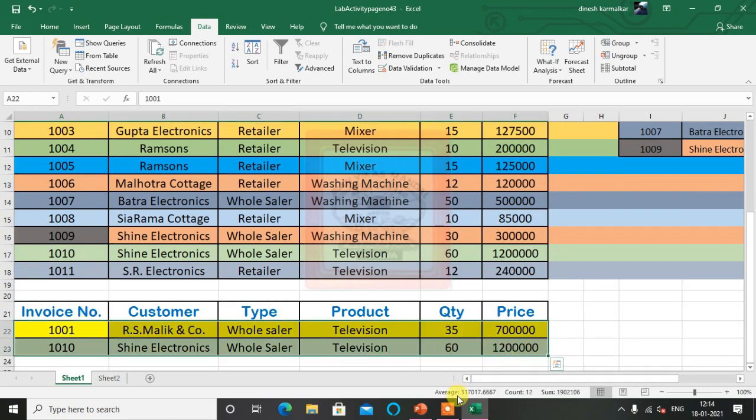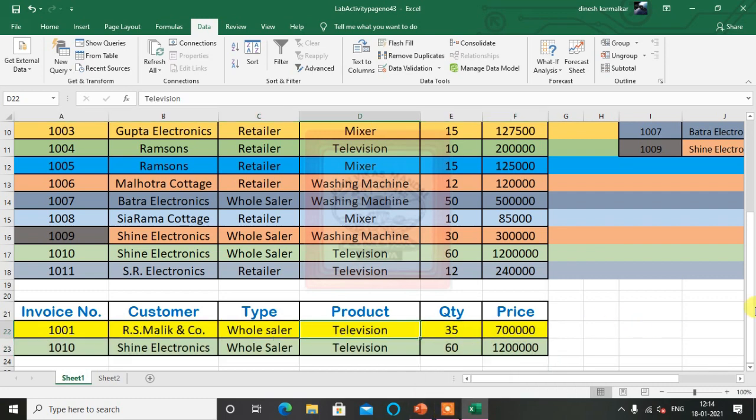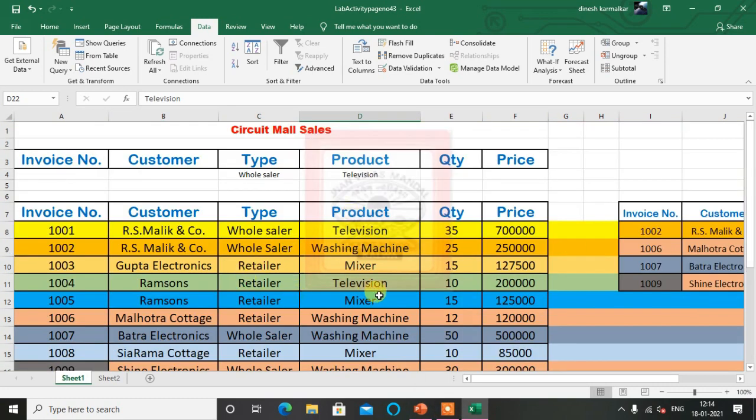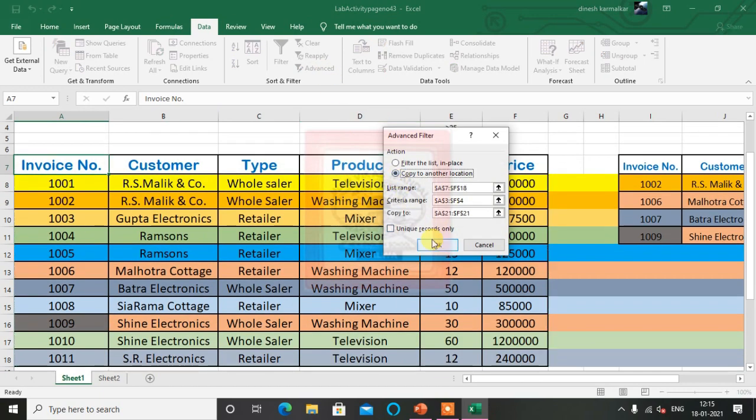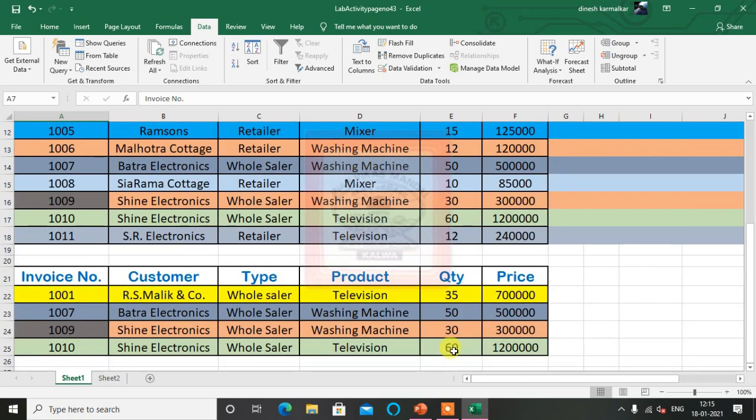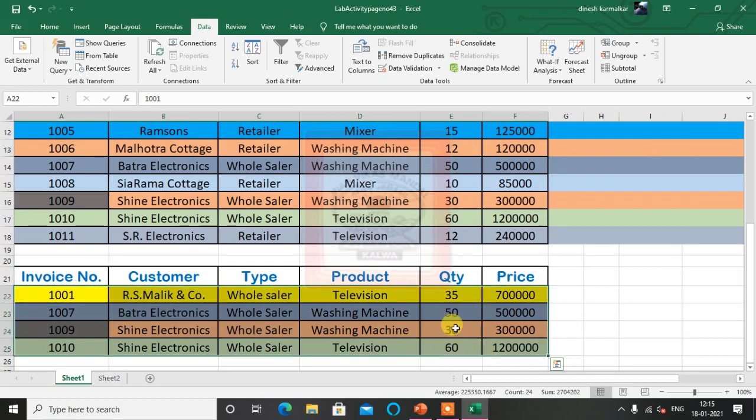So this way we can see that we can use the advanced filter in different ways, and we can give as many characters as you want. You can even give quantities also. If I just want records where the quantity is greater than, let's say, 25, I will select this, and again give advanced filter and copy to the destination, click OK. Then you can see we are getting only the 4 records whose quantity is greater than 25.